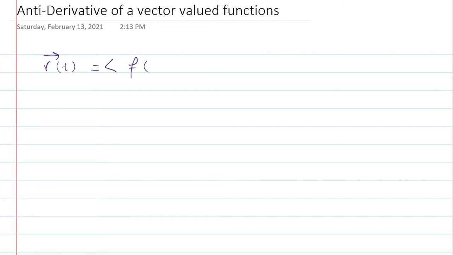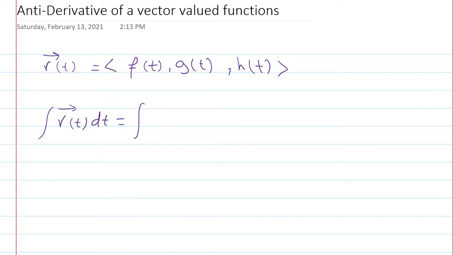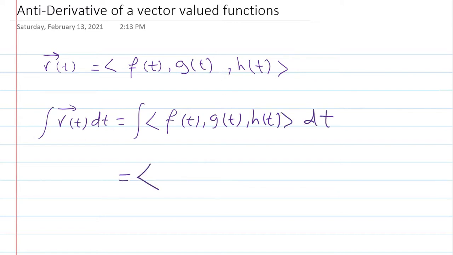Antiderivative of a vector valued function. If we have a vector valued function r of t equals f of t, g of t, and as a third component h of t, then to find the antiderivative of the vector valued function r of t, we do it component wise, i.e. we integrate f of t, g of t, h of t dt,